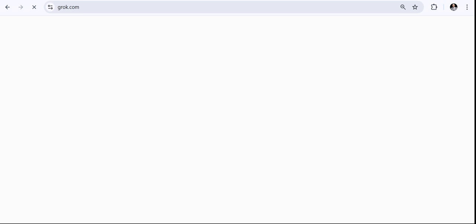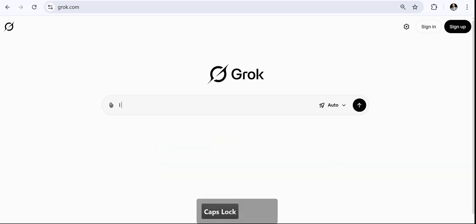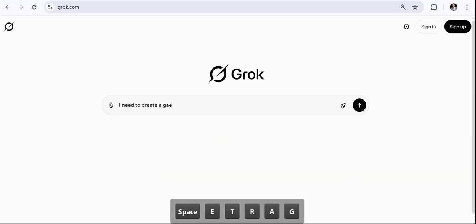So what I do is copy all the text it provides to me, and paste it into GitHub Spark to see which kind of application I can get. So let me type, for instance, I need to create a game application